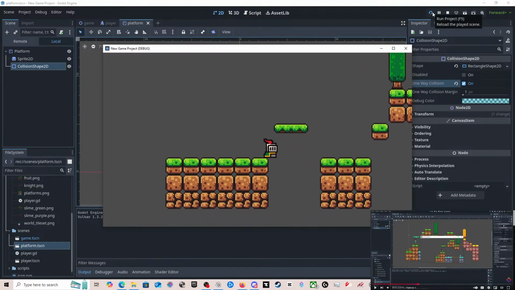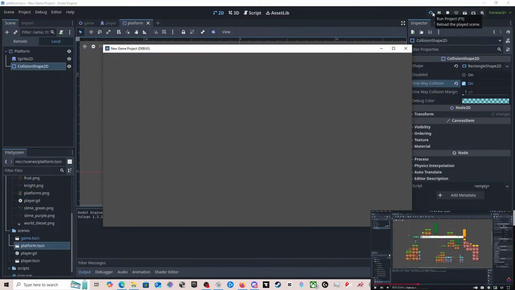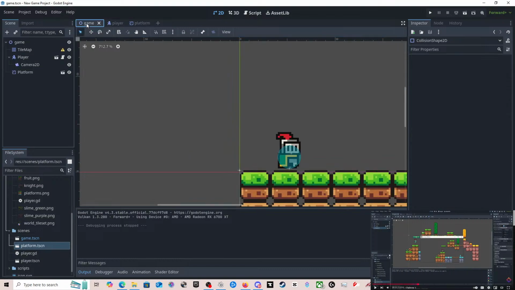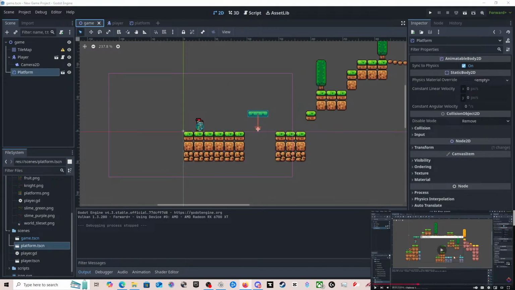So we can jump underneath it now. I see that in there. I was wondering if that was what that is. To fix this, we turn it into a one-way platform. Let's select our collision shape and enable one-way collision. And now when we play, we can jump.